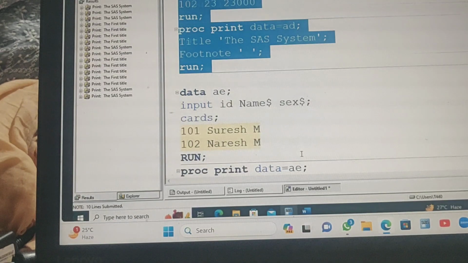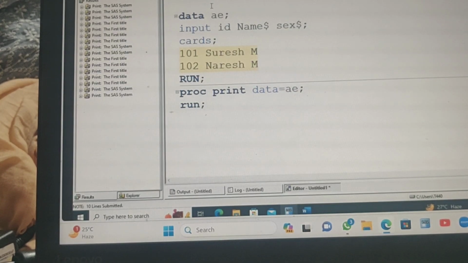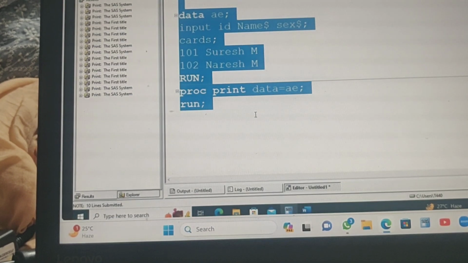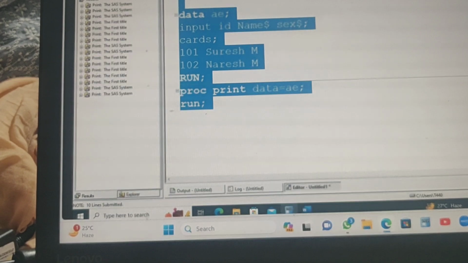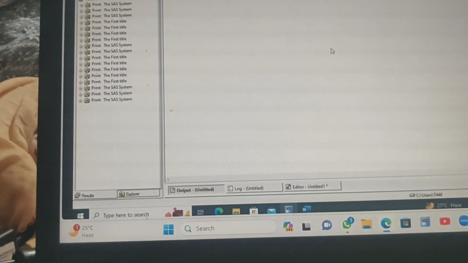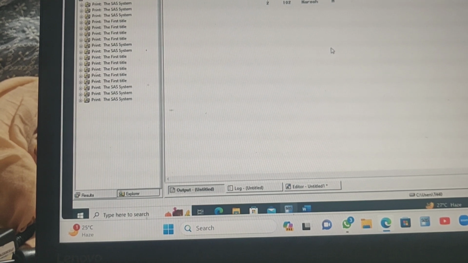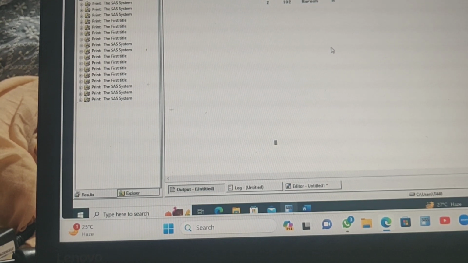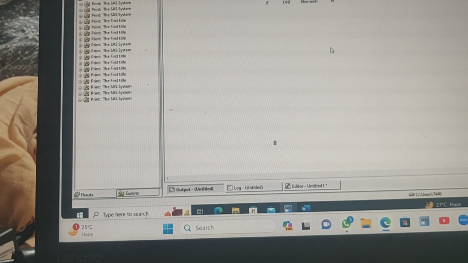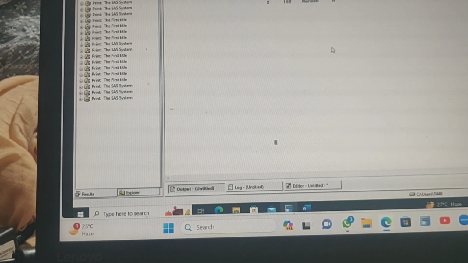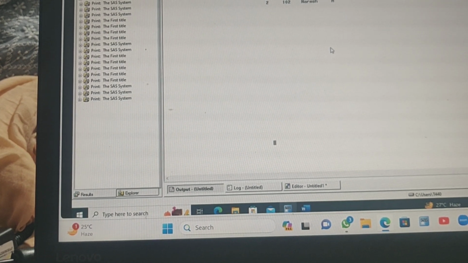What about the below one here? If I am submitting AE, the SAS system, footnote is null. There is no footnote section. Okay, when I am submitting, see this, there is no footnote, but you can see the title. Title and footnote both are global. Once we use them in my editor window, the same titles or footnotes are applicable for all the remaining PROC steps. So that's the reason we use titles and footnotes in a real-time scenario only once, at the end